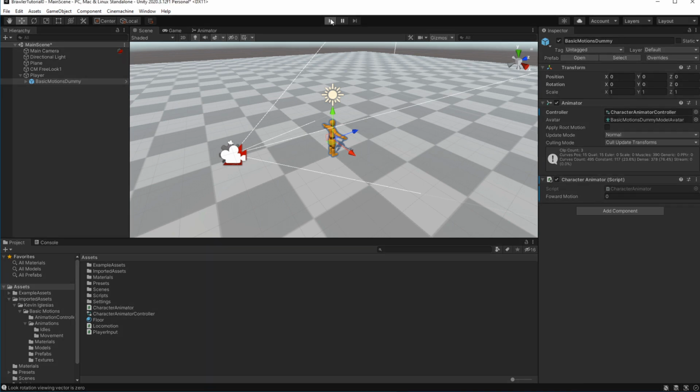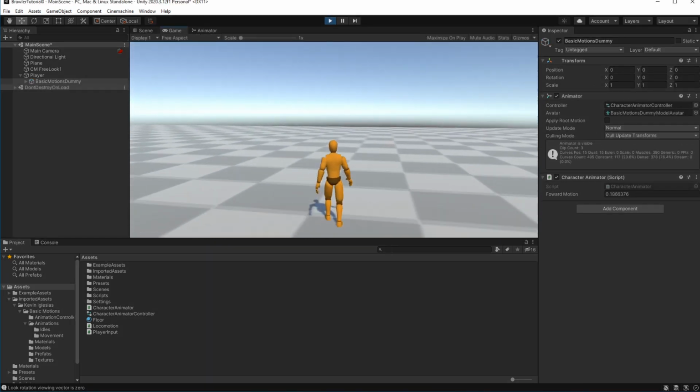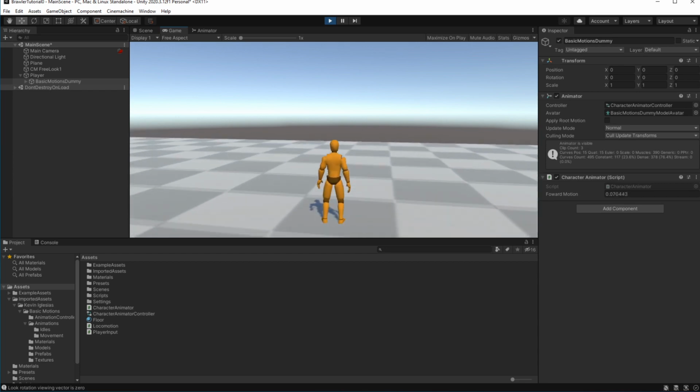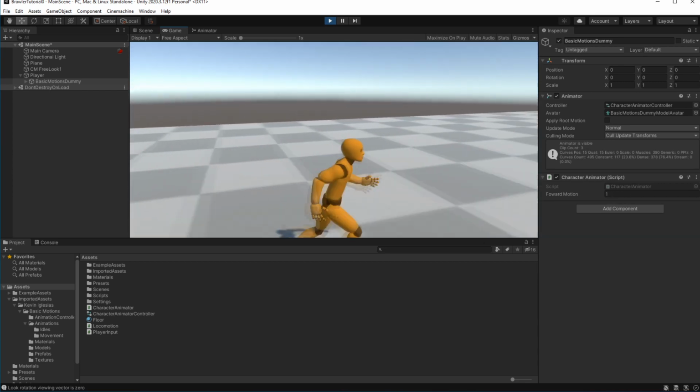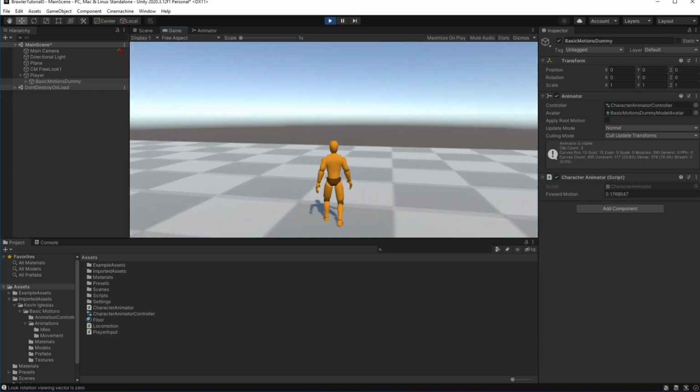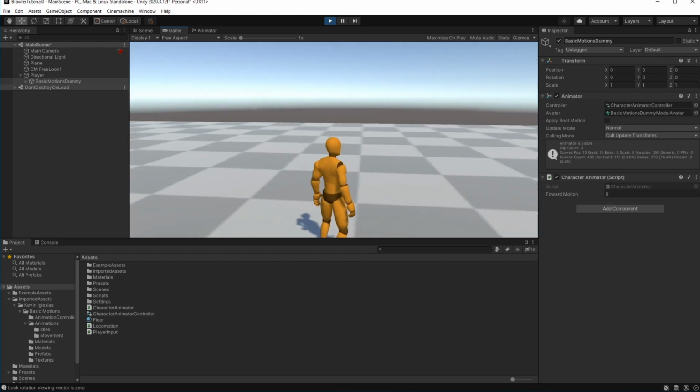So I just plugged in my controller and it works, but you can clearly see that the character does steps as fast as he runs.